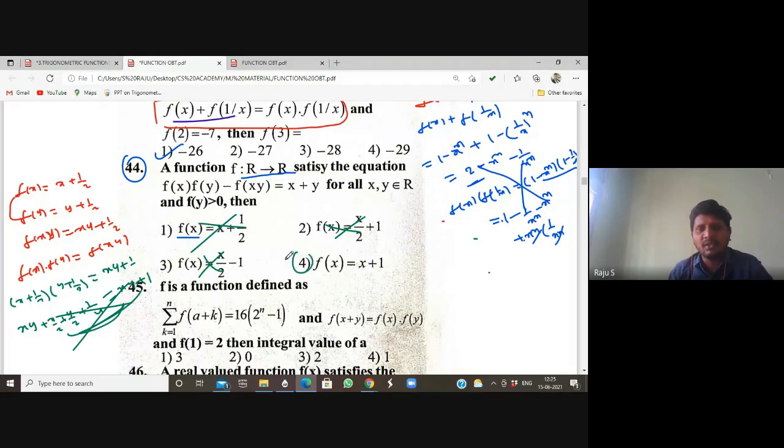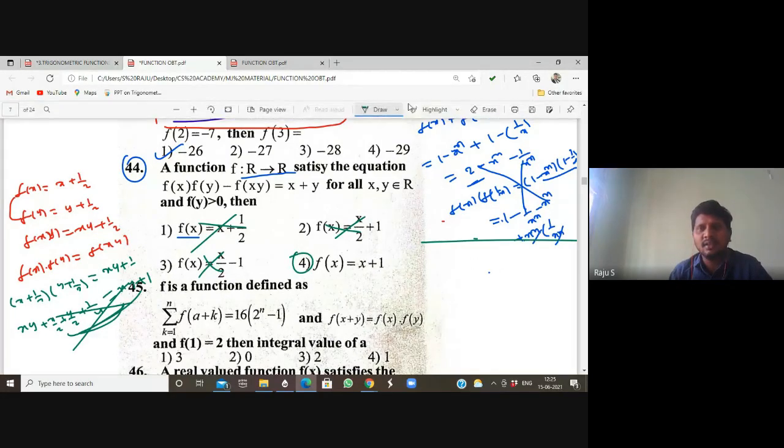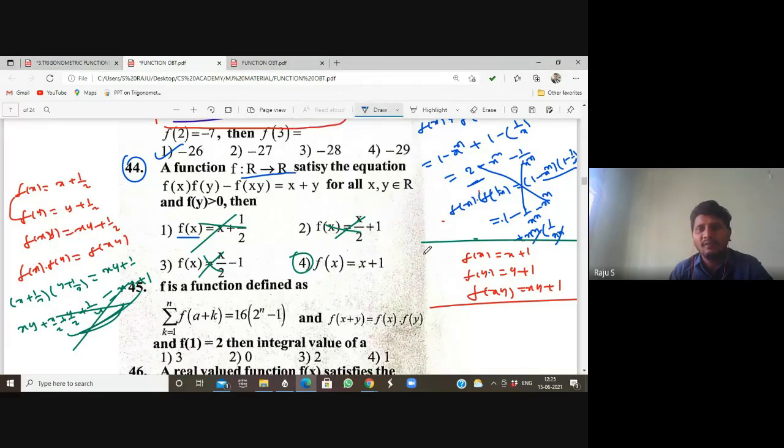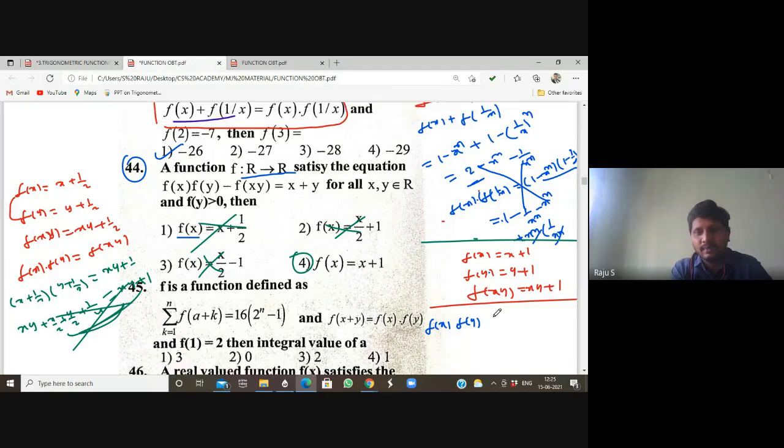But when you see the fourth option, function f of x is given as x plus 1. Then f of y becomes y plus 1. Then f of xy becomes xy plus 1. I want to take the left side value. What is the value I need to take here? f of x into f of y. Actually, this is one of the properties. It is equal to (x plus 1) into (y plus 1). So multiply x into y, xy